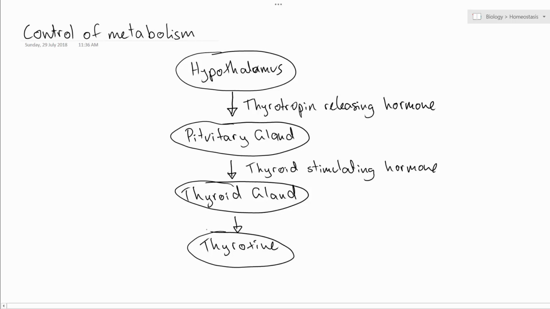So what thyroxine is going to do is the thyroxine levels are going to increase, and that's going to start to speed up or increase our metabolic rate, so increase the rate that things like cell respiration are occurring. And then what we're going to get is ultimately this negative feedback